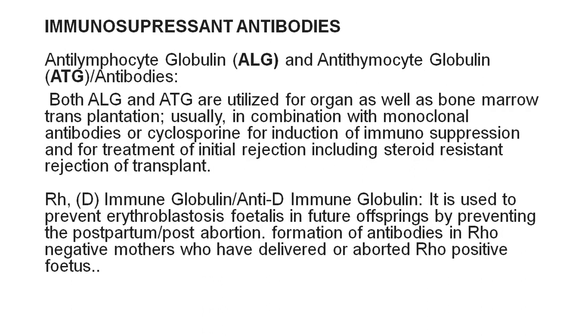RhD immune globulin, or anti-D immune globulin. This is used to prevent erythroblastosis fetalis. When does this occur? When the mother is Rh negative, such as if her blood group is O negative, A negative or B negative, and when the baby is positive. In such cases, it results in erythroblastosis fetalis. So in such cases, you can give this antibody, that is Rh immune, anti-D immune globulin,